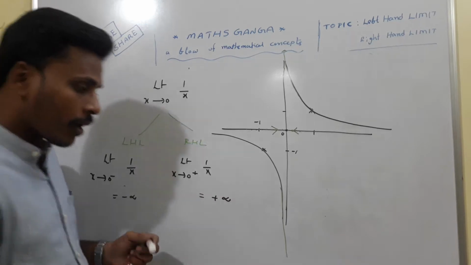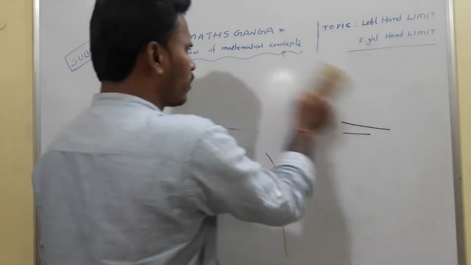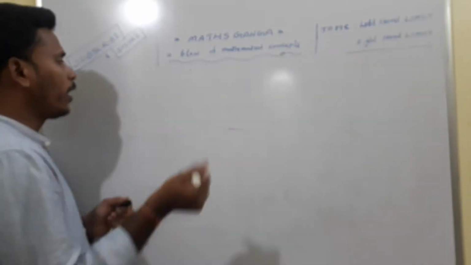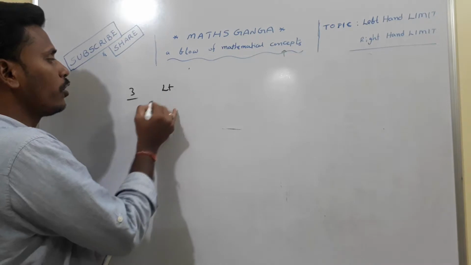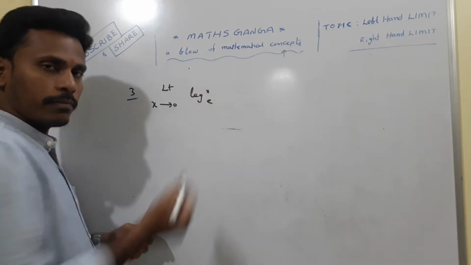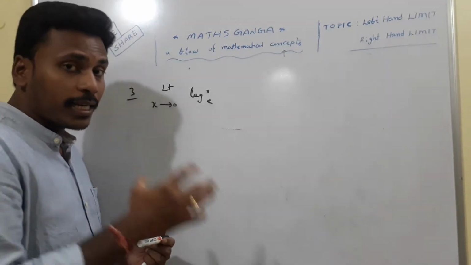Right? Then, I am going to discuss one more problem. Third one, limit x tends to 0 log x. What do you say about the value of limit x tends to 0 log x to the base e? See, actually, limit x tends to 0 log x. It is very clear that